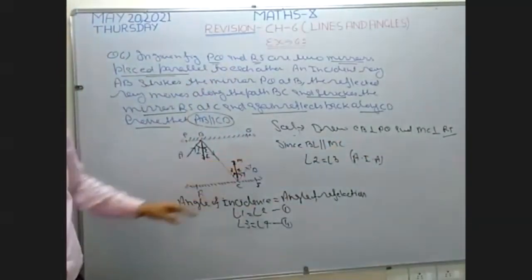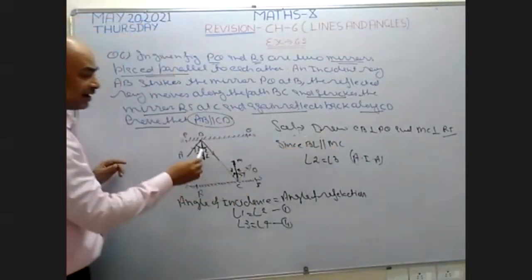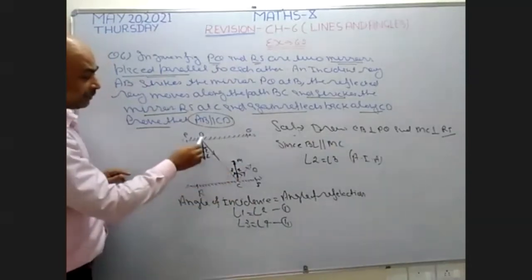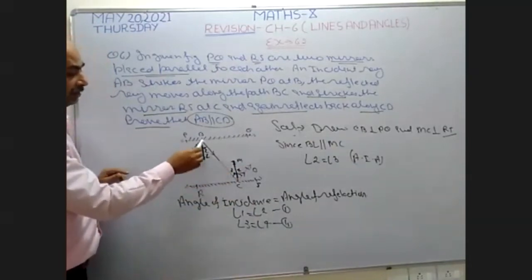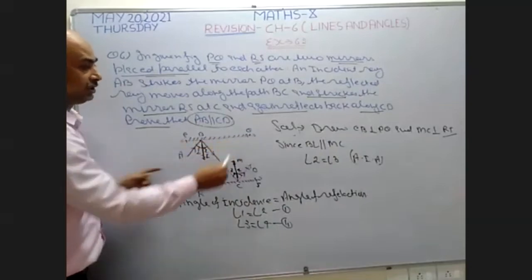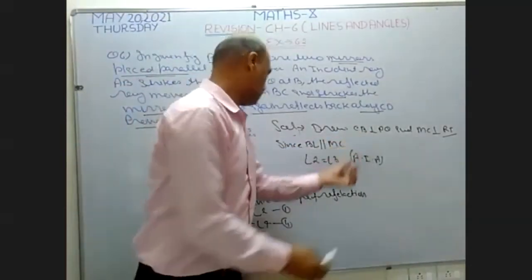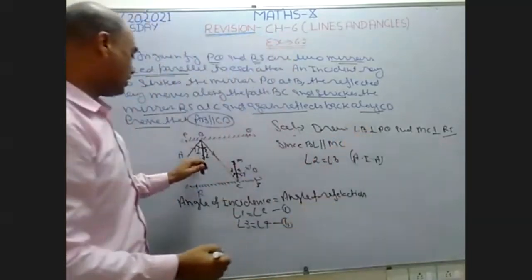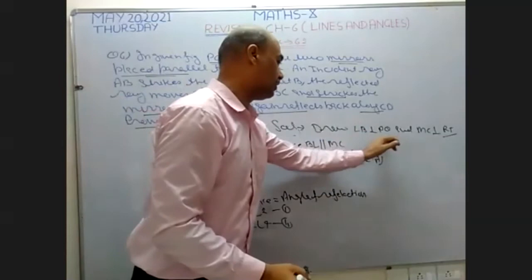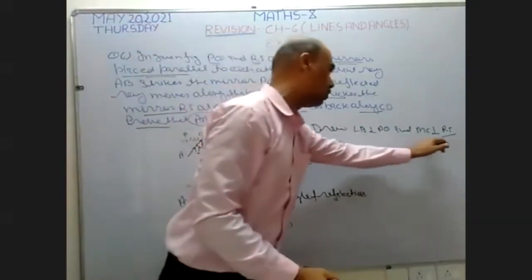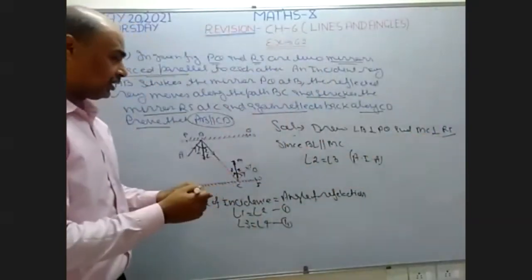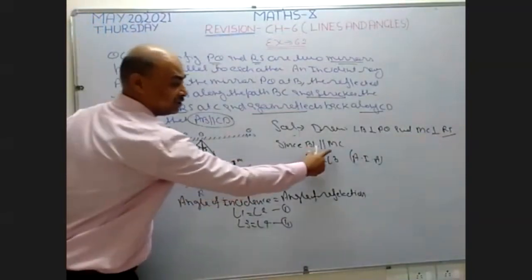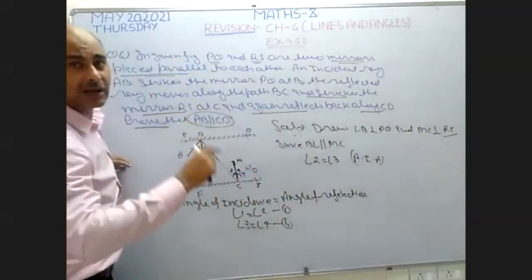Before starting this question, you have to make a construction. You have to draw a perpendicular at point B and at point C. When I draw the perpendicular, the name of this line becomes BL. This BL line is perpendicular to PQ, so you have to write draw LB. And this line MC I draw perpendicular. Since these two lines are perpendicular, they are going to be parallel to each other. Okay, perpendicular lines are parallel to each other.